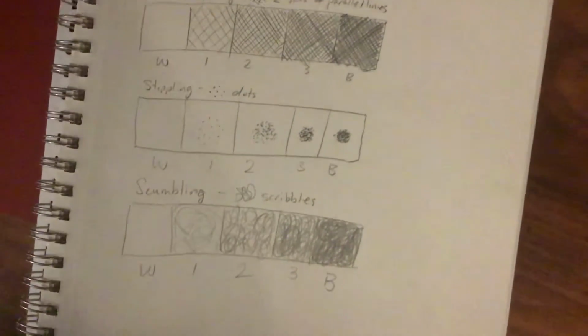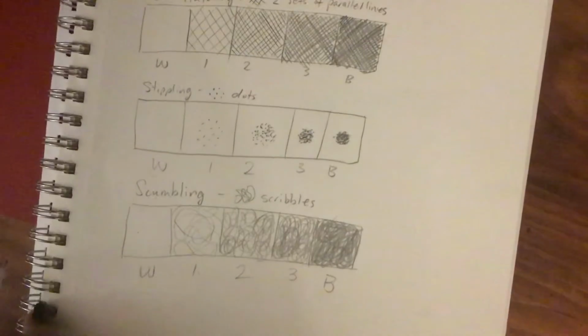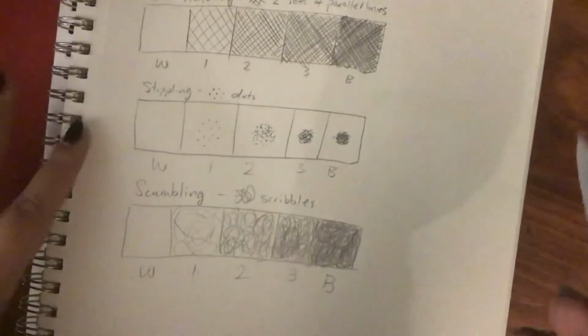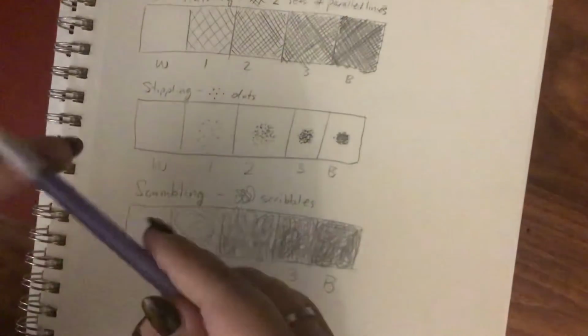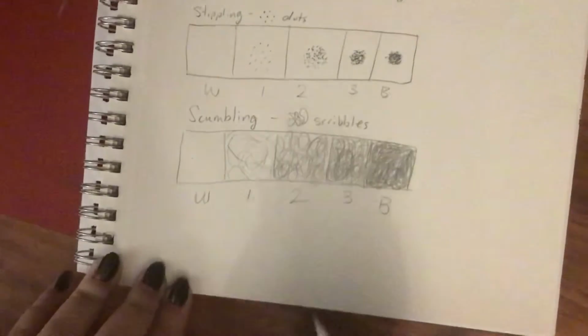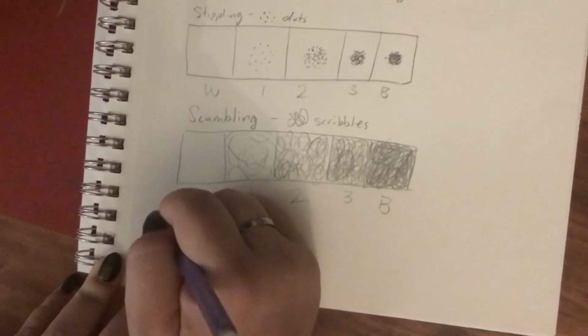Alrighty. Now if you have any questions with any of these, feel free to either talk to me in class or shoot me an email. But I do want, you're not going to use them in this lesson, but whenever we went over it in class, we talked about 2 things, a blending stub and a kneaded eraser. So either off to the side or down at the bottom, I want you to write down these definitions. A blending stub,